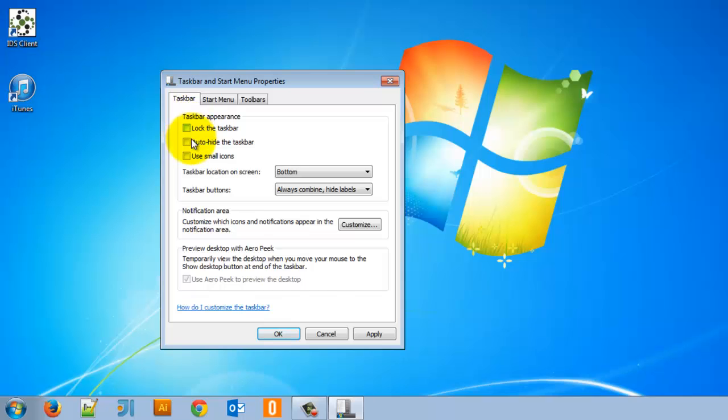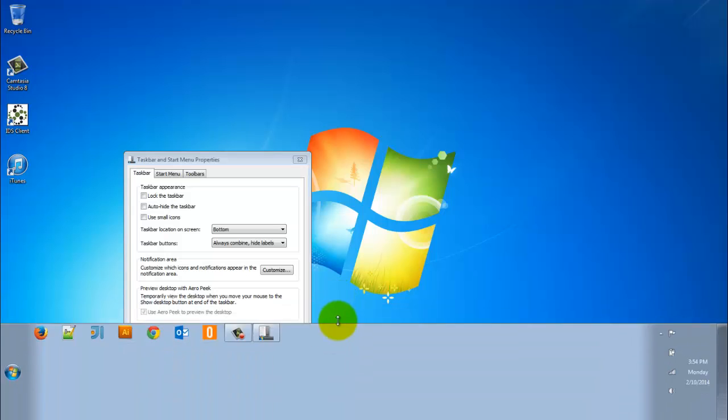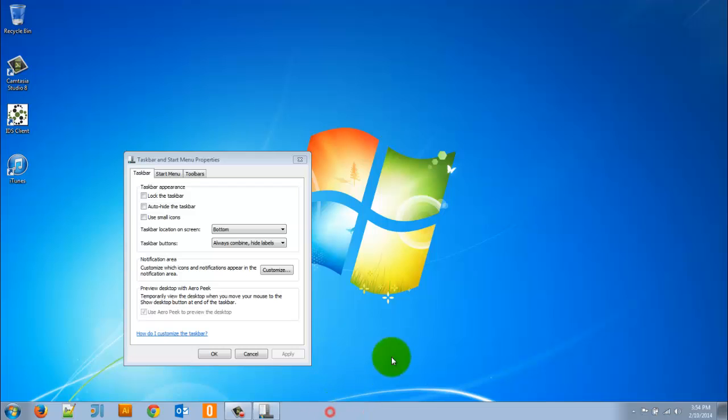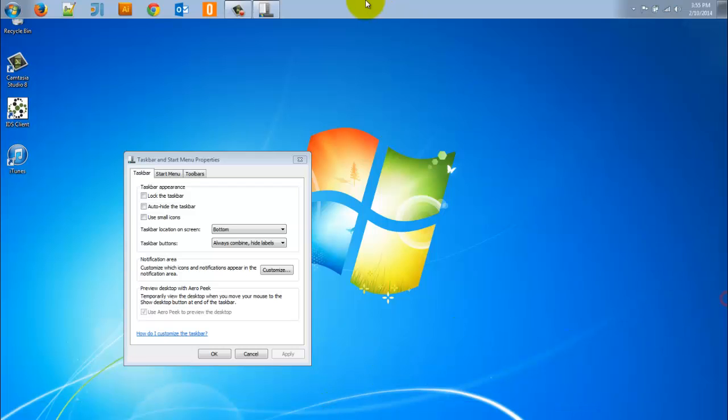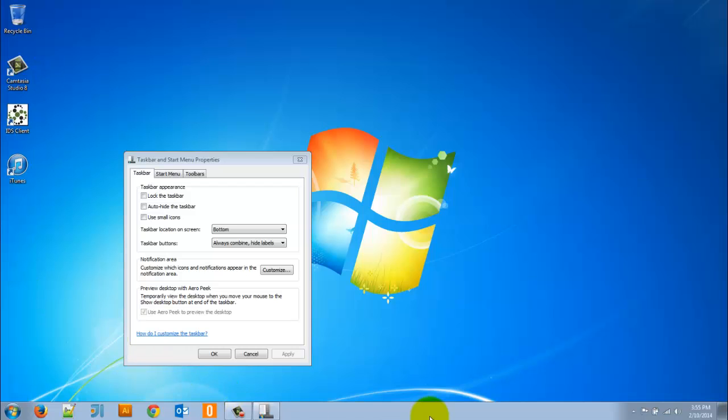Well, let's take a look. I'm going to uncheck this and click Apply. Now, if I go to the edge and I click and drag it, I can make it larger. Or I can move my taskbar to the left or up top, or click and drag it to the left here or down below. I'm going to go ahead and lock my taskbar and click Apply